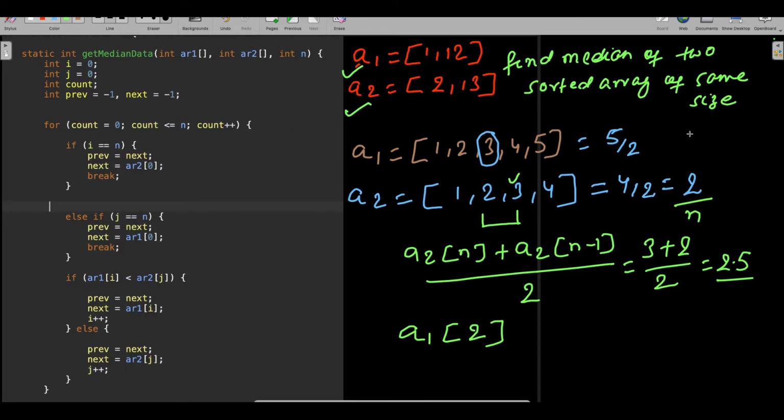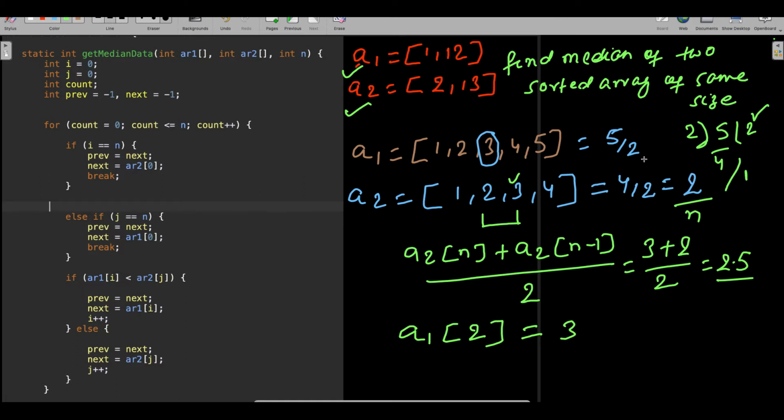So basically let's say you have 5; you do 2, 2s are 4, and the remainder is going to be 1. So the maximum division you are doing is 2. So you'll do a1 of 2, and straight away you will get the answer, which is 3. Okay, got it?